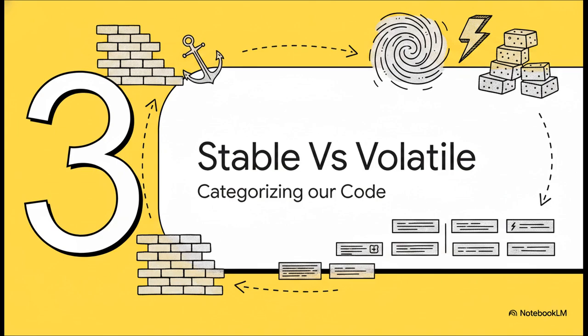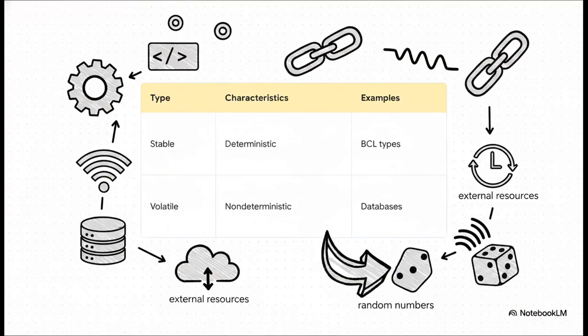Categorizing our code. So, the absolutely crucial point here is this. You do not need to inject everything. Stable dependencies, things like basic string manipulators or standard .NET base class library types, they're totally deterministic and perfectly fine to just use directly. But volatile dependencies, that's a different story. Things that require database setup, talk to external resources, or rely on random numbers or the current system time, these are the true focal point of DI. These are the exact pieces that require us to build seams into our applications, just so we can maintain testability